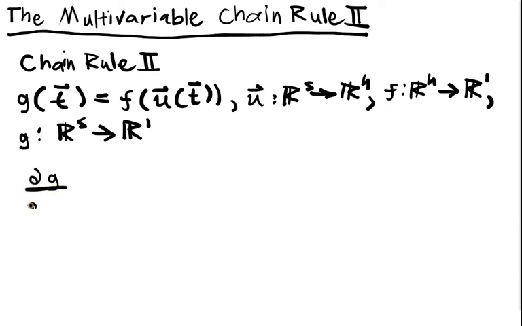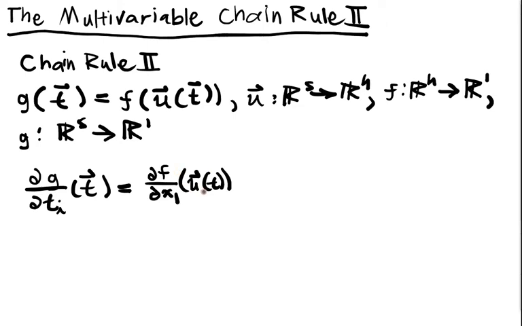So our second chain rule is dg/dt_i at a particular t, and this exists when all these other quantities exist and are nice. df/dx1, so that's with respect to the first coordinate x1, I'm going to evaluate it at u of t. But now here's what's funny. Now instead of x1, my coordinate function here is u1, and it takes in a parameter t, and I'm only varying the ith parameter, so I multiply, this is not a dot product, I multiply it by the scalar quantity du1/dt_i of t,